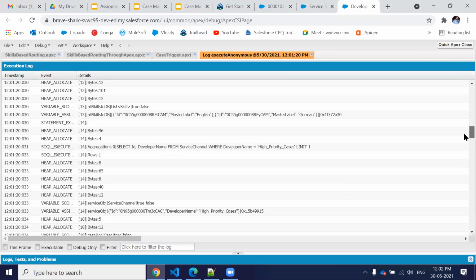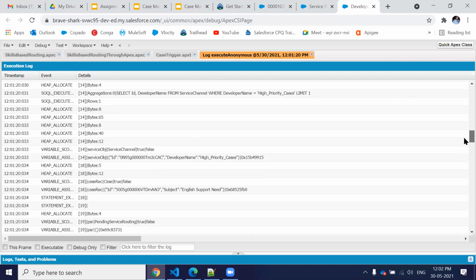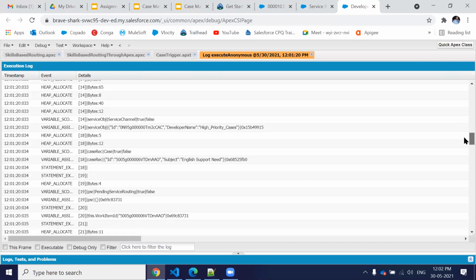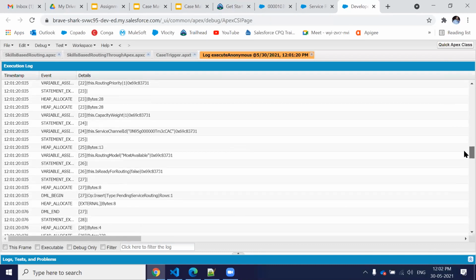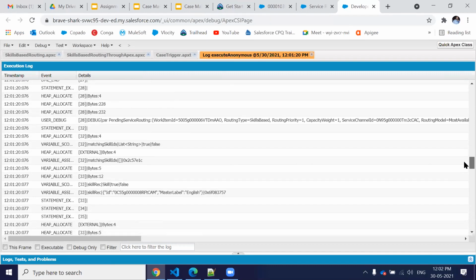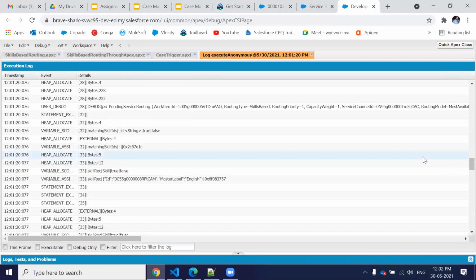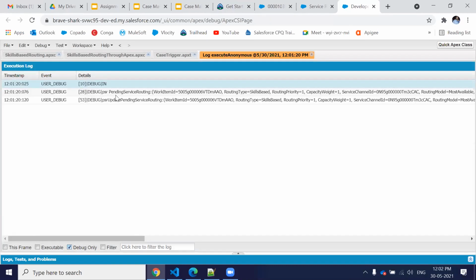We got the skill IDs, where we also got the master labels for German and English. Then we get the service channel, the service object record, the case record, and so on, work item, skill-based routing, capacity one. Everything looks good. So we have created the PSR. Let's check the debug directly. I'm in my method. My PSR is in this.